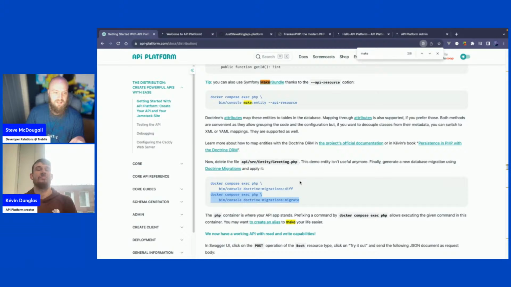So I can say kind of, make migration diff, make migration commit, that sort of thing. So I can commit that to memory quickly. There are two tricks that you can already use. The first one is that if you have Oh My ZSH installed, then you already have, at least if you enable the Docker Compose plugin, aliases for most Docker Compose commands. For instance, you should be able to type DCE for Docker Compose exec.